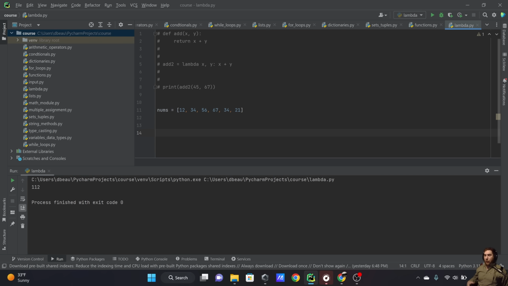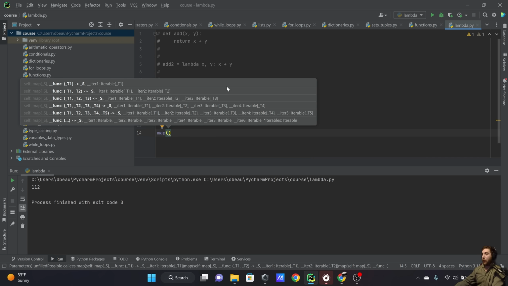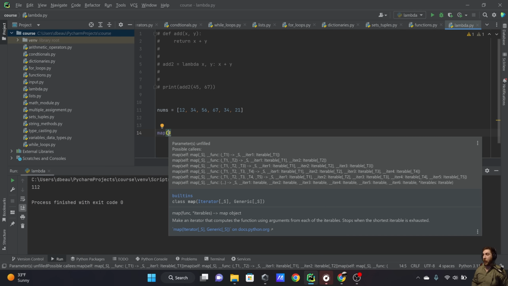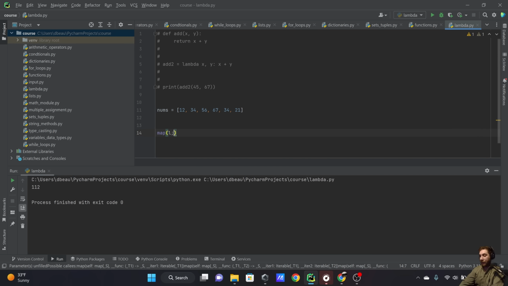And now, say I wanted to perform a function on each one of these elements. Well, I could use this higher order function, the map function, all right? So let's say map, and then I want to define the lambda first, okay? That's going to be my first argument. Again, a higher order function is a function that takes another function in as an argument or returns a function. So let's pass in a lambda,